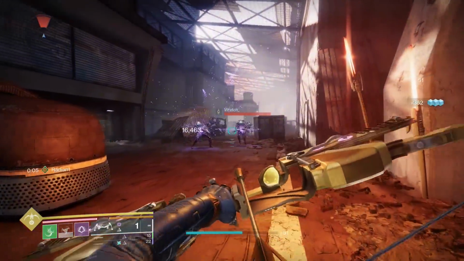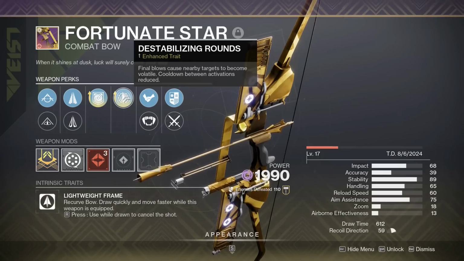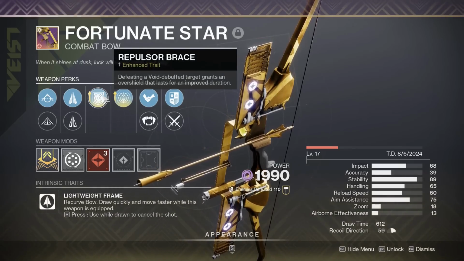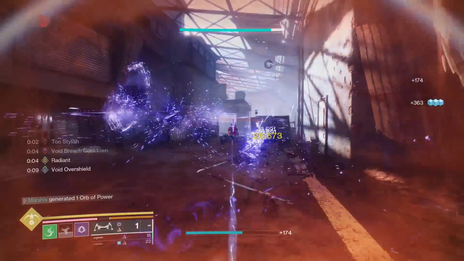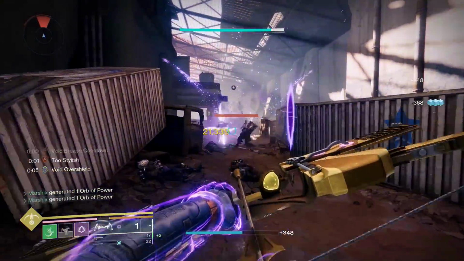Now the ad clearing roll is amazing too. It gets the usual combo of destabilizing rounds to make enemies volatile after every kill, and repulsor brace to give you an overshield each time you kill one of those volatile targets. So just get one kill to make everything volatile, kill one volatile target, then it will explode and likely take